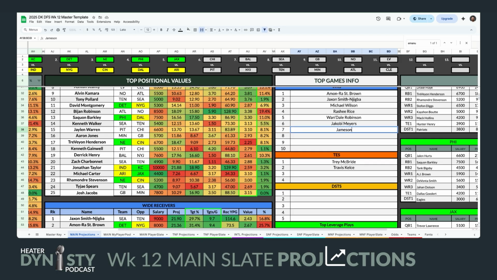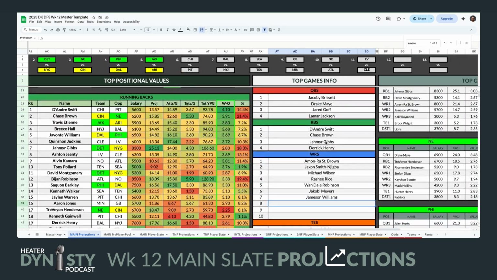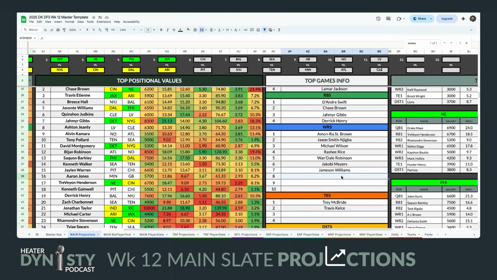Next one would be Jameson Williams. I would not play him and Amon-Ra together in cash. However, if you wanted to pivot, if you had higher beliefs in Jahmyr Gibbs, maybe Jahmyr Gibbs and Jameson Williams is a fun cash option for you. Definitely tournaments, go wild, do whatever you want. I could see you playing all 3. I just wouldn't put that much volatility into my cash lineup.